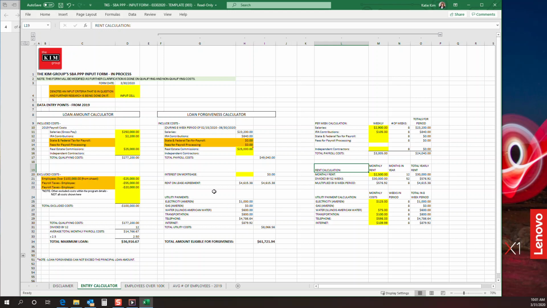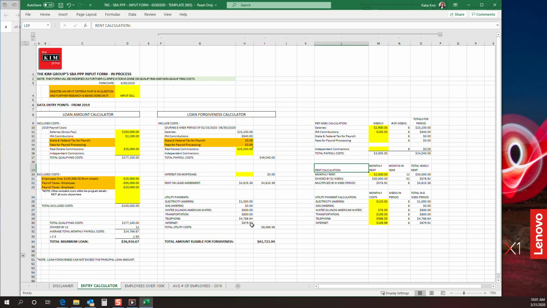The other thing is your utility payments, as you saw. So over here with the utility calculation, do your monthly costs for all your utilities. So this would be something that you just go back and look at January, February. If you have your March invoices already, look at the average and put those numbers in here. And then go ahead and, again, put those numbers, we'll times it by 8, and we're bringing it over here